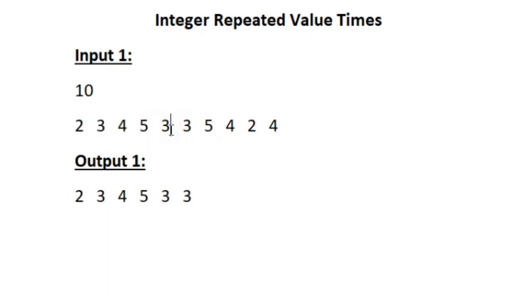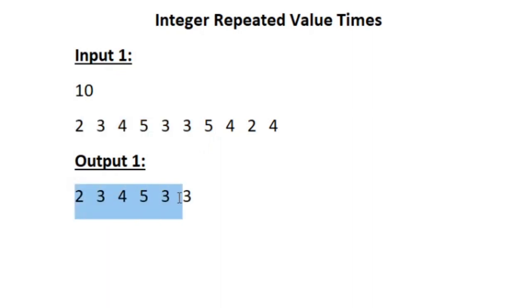2 times. And again when we move to the next index, that is when we move to the sixth index, here the integers 2, 4, 5 have occurred only once, but the integer 3 has occurred for 3 times. So here we are satisfying the condition given in the question. So the integer 3 has repeated for 3 times, that is, the value 3 has repeated for its value number of times. So in our output we must be printing the integers from the beginning till that particular index.